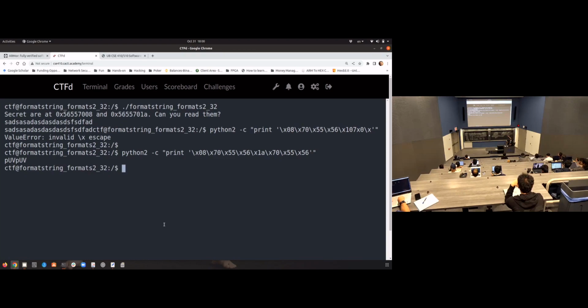So basically, those are printable ones. This one is not printable. Those are printable. This one is not printable. That's why we got a PUV there. Okay? If we say ASCII,